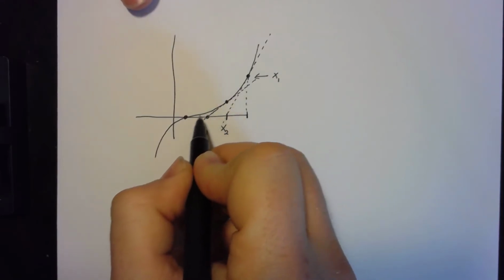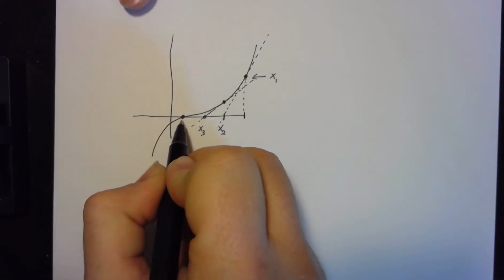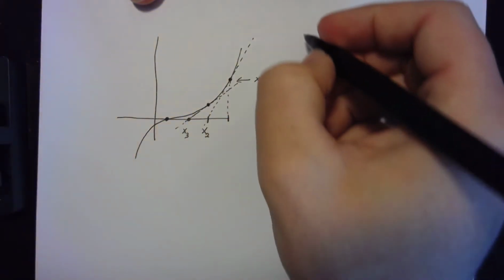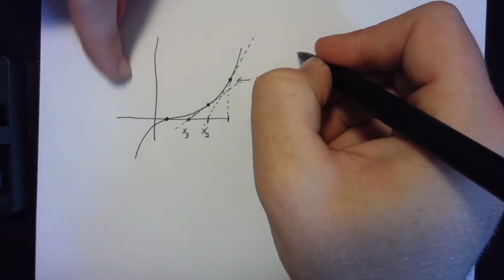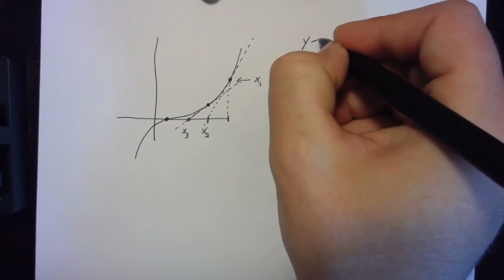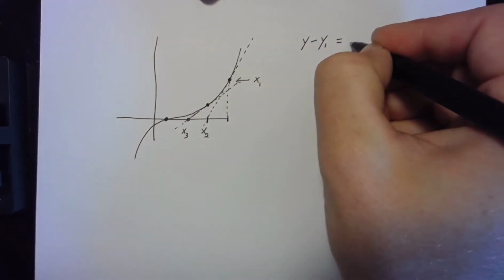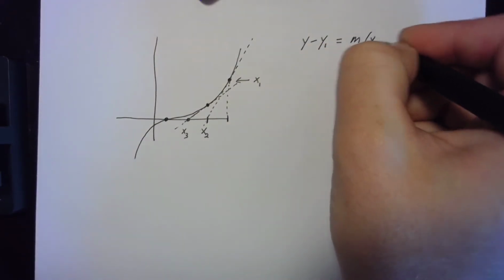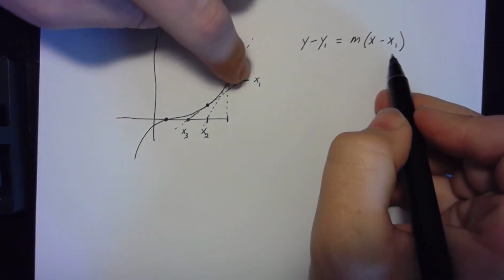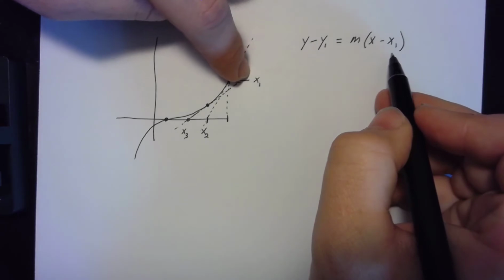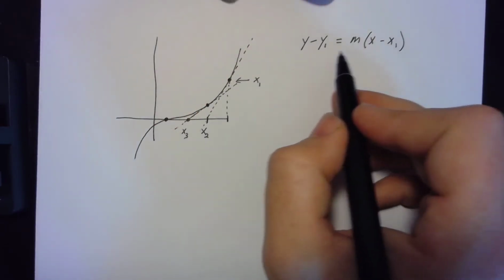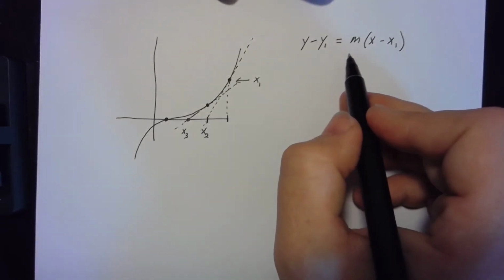So we're going to continue this pattern all the way through until we get the best approximation of this point that we can. Now, the way that we're actually going to do this mathematically, again, this is the concept, but mathematically, remember these are just tangent lines, and tangent lines are of the form y minus y1 equals m times x minus x1. So now this x1 actually matches up perfectly with this x1 here. Now again, it's going to change every time we do it to x2 and x3 and so forth. But what I need to do is find a formula that will allow me to find